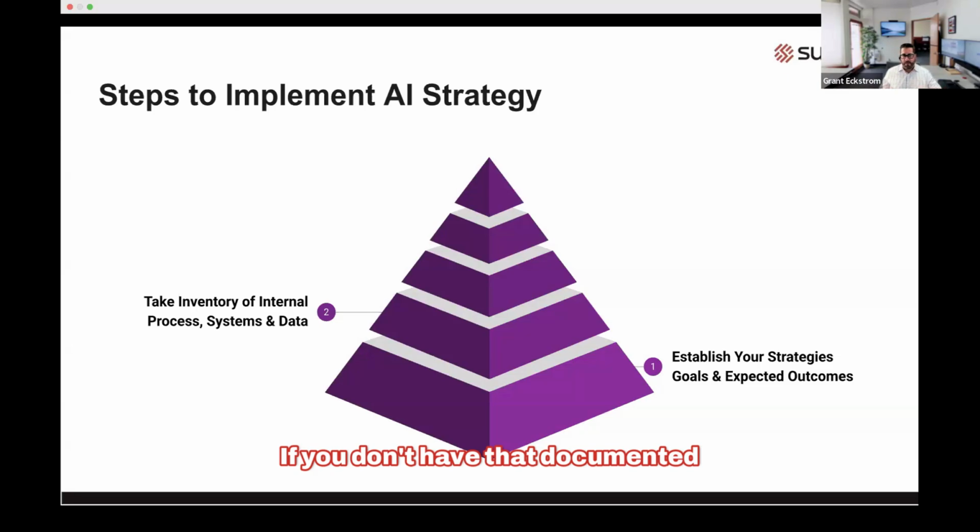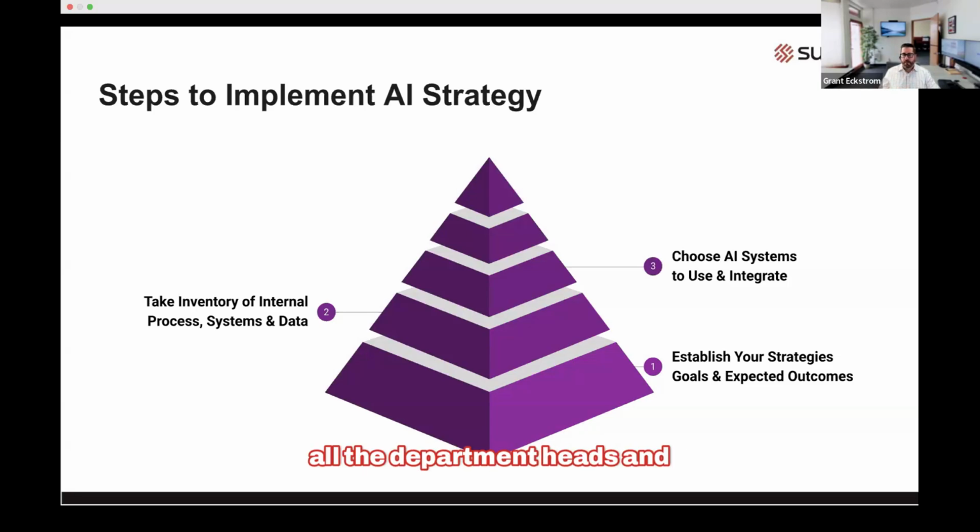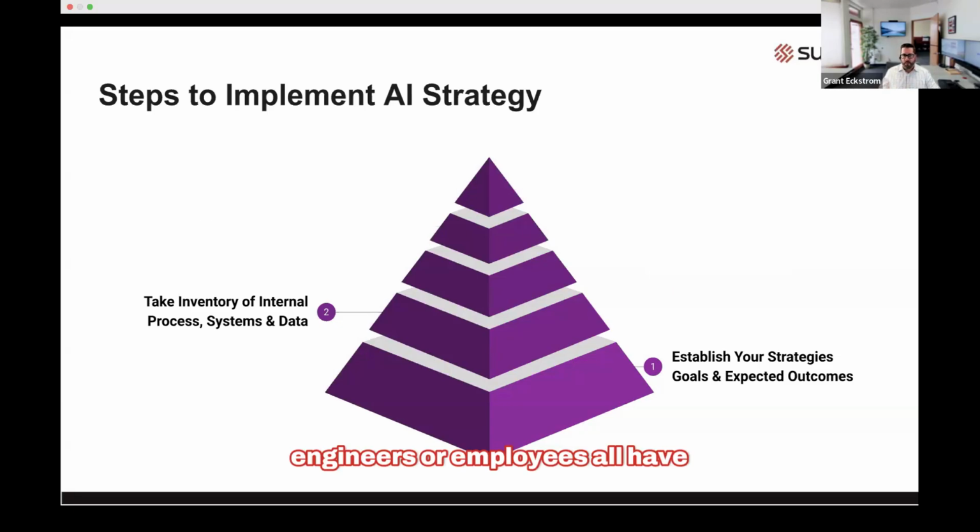And if you don't have that documented, one, from a security perspective, you really should. Even if you don't go down the AI route, you should understand how your information flows back and forth, so if something goes wrong, you know how to fix it. Different story, different time. But going through this is a really enlightening process, because now all your departments understand where their things sit. Like Andy likes to call it, their cheese. And so when you start moving around cheese, everybody understands and can't get upset with you. It's an enlightening process that everybody's able to get involved in. All the department heads and engineers or employees all have to be involved to help out with that